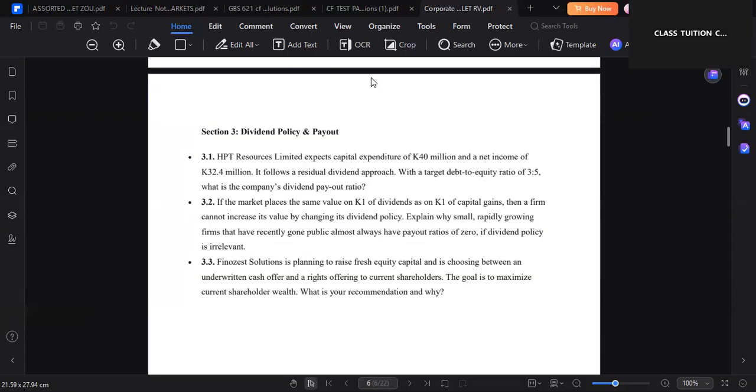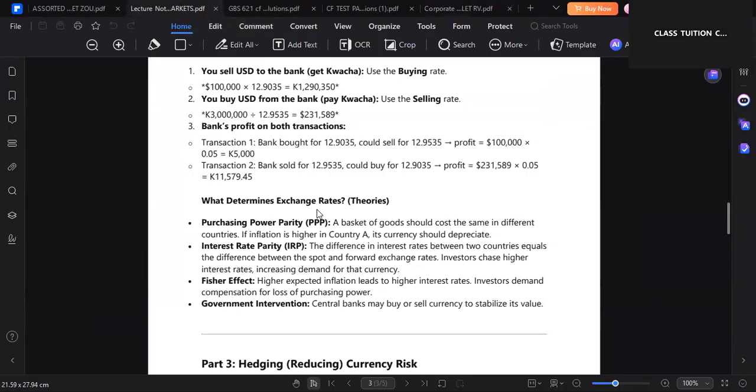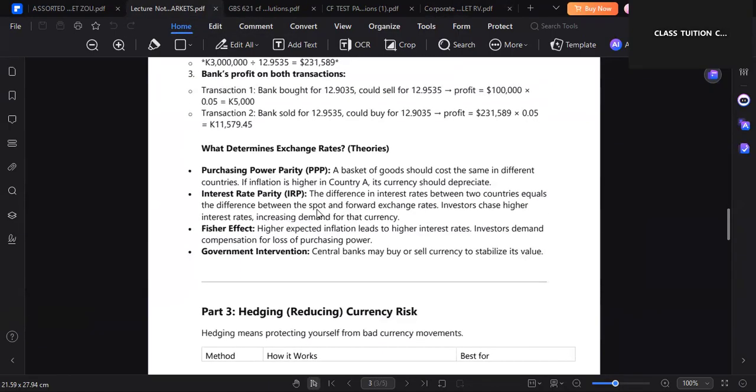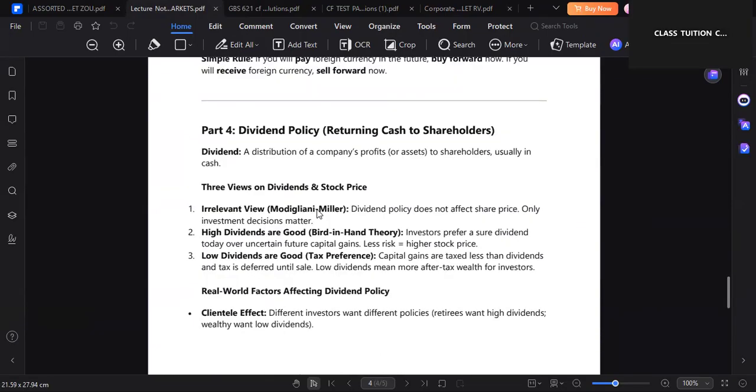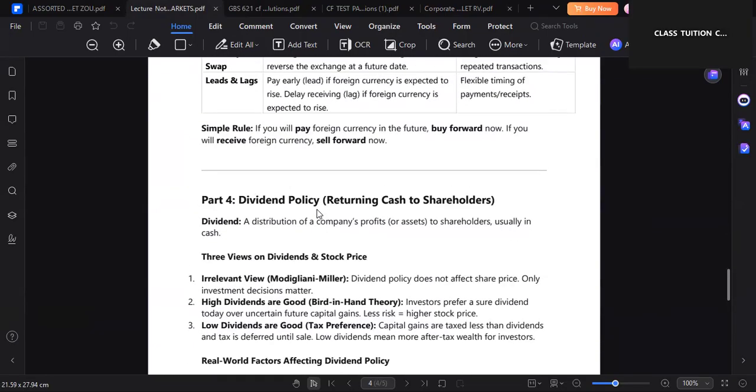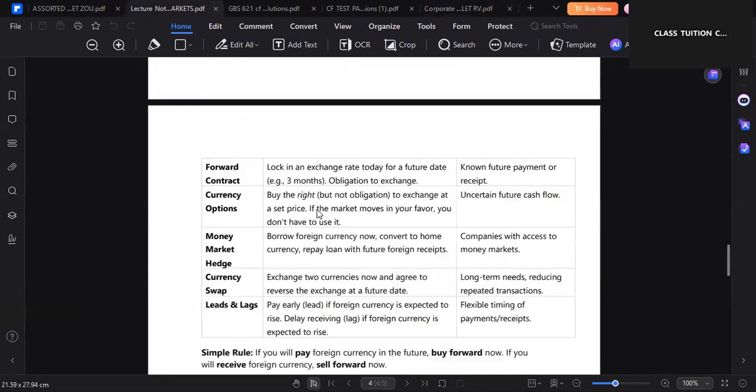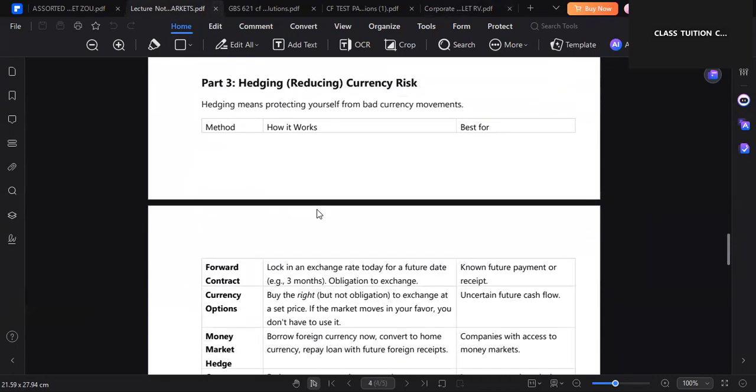This question is coming, so you need to understand where the lecturer is asking you to look. So I'm going to look at the dividend policy, chapter part 4. Maybe before then I'll look at hedging and currency risk. Then I'll go back to the question that we have been asked. Okay, so